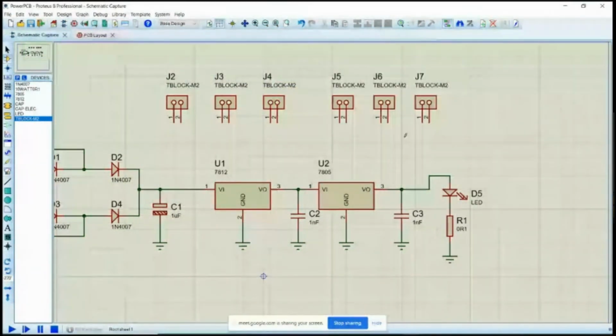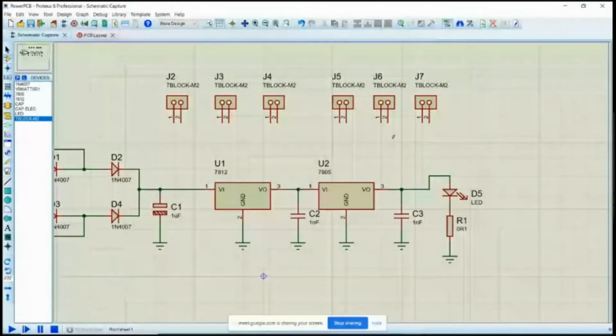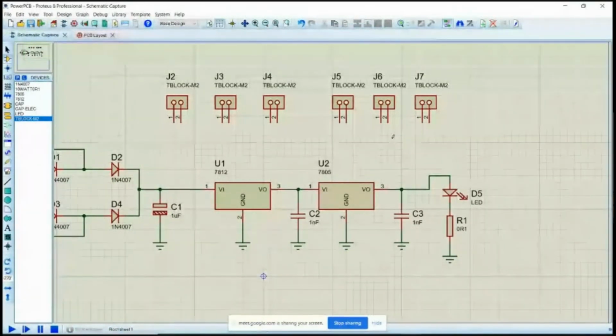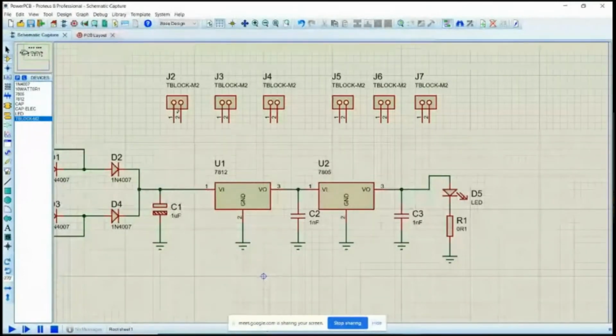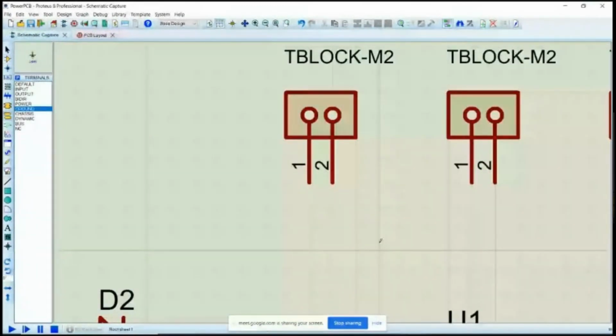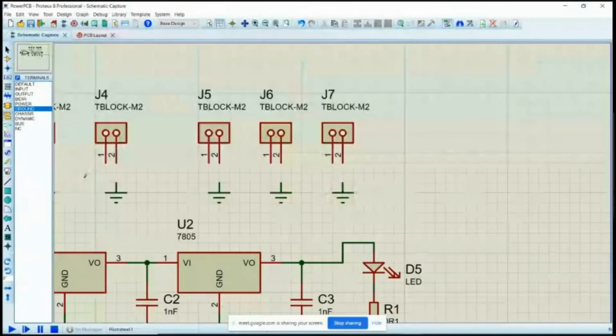So don't ask me why I am putting all the terminal blocks on the top side in the schematic. In the schematic diagram, you can put them wherever you want. Only in the PCB, the position matters. Whether you want them in the top position or on the bottom position, you precisely put them in the place that you want. So in all the terminals, pin number 2 is my ground line. So I go to the terminal mode here and select the ground. So I position the ground in all the points and then complete the circuit.